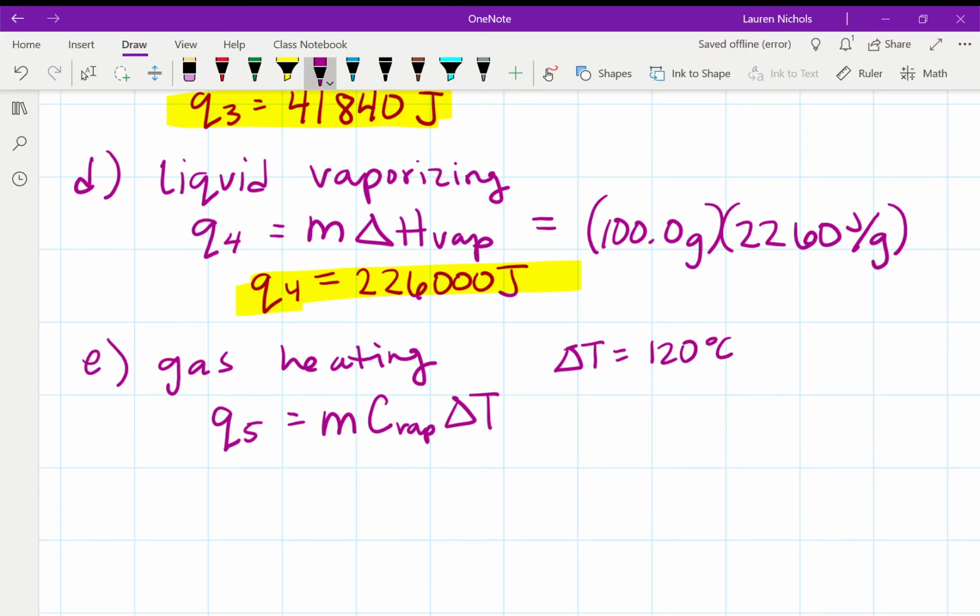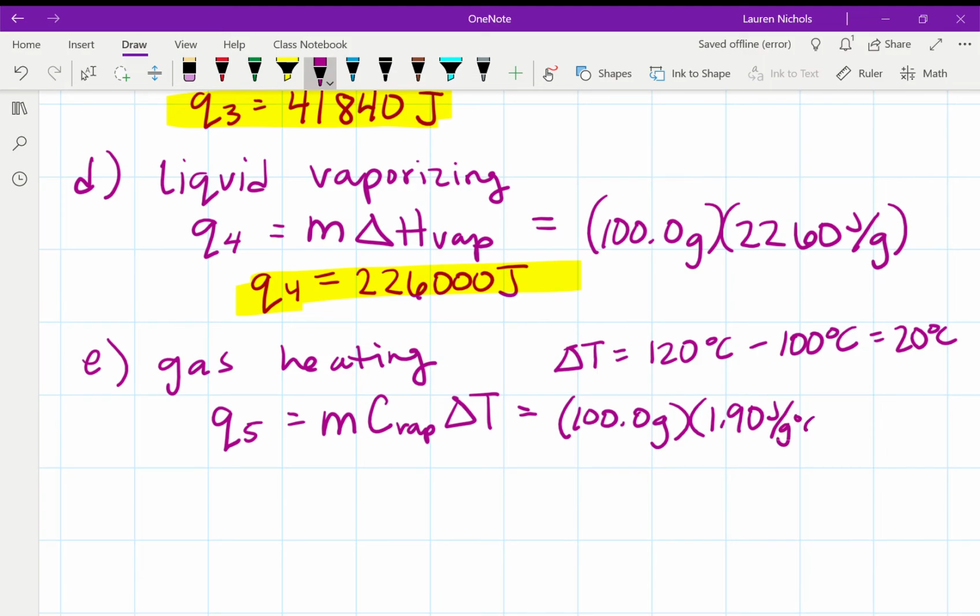We're starting with 100 degrees and then increasing to 120, so that gives us a delta T of 20 degrees Celsius. So Q5 is equal to 100 grams times our specific heat of our vapor, which is 1.90 joules per gram degrees Celsius, times our delta T, which is 20 degrees Celsius, which means that Q5 is equal to